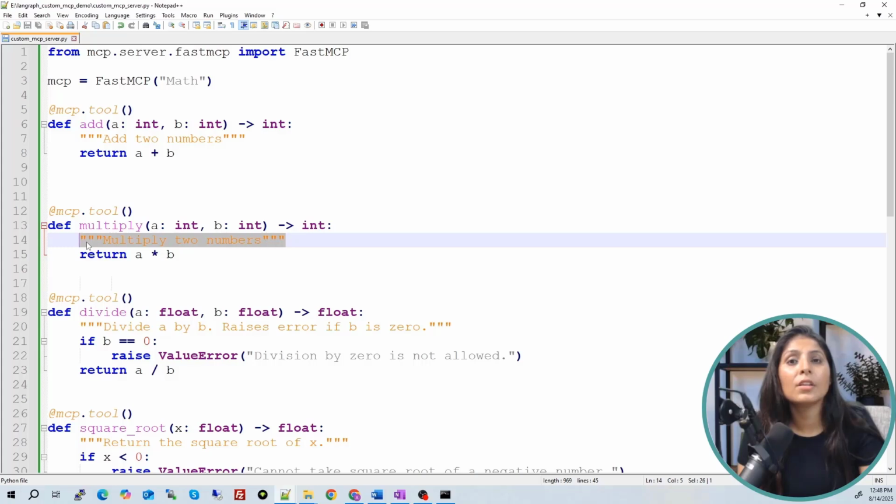Now we will write the code for the second file. And what code are we going to write? We will write code in LangGraph. We will use one LLM and connect with this MCP server, and the user will ask a question. The LLM will understand this question, then connect with this MCP server and get the output from the MCP server, and then the LLM will show that output again to the user. This is what we want to do in the second file.